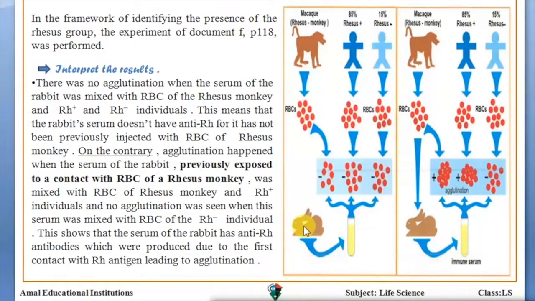So this rabbit here had not been previously exposed to a contact with the red blood cell of the rhesus monkey before removing the serum. In contrast here, this rabbit had been previously in contact with the red blood cell of the rhesus monkey before removing the serum. This led to a difference in the result,